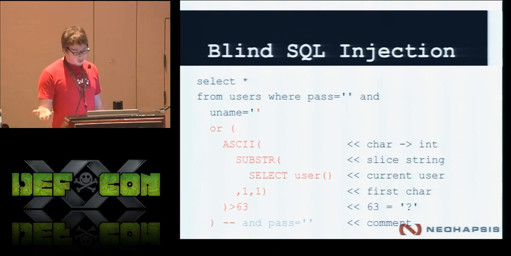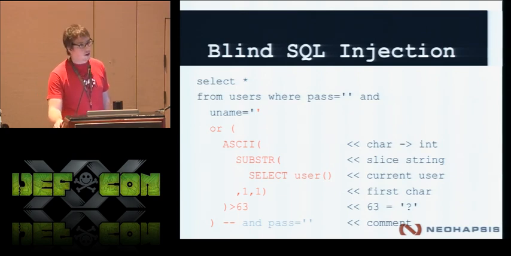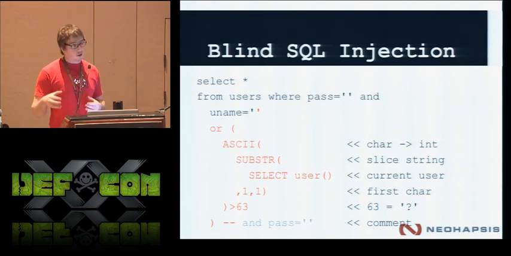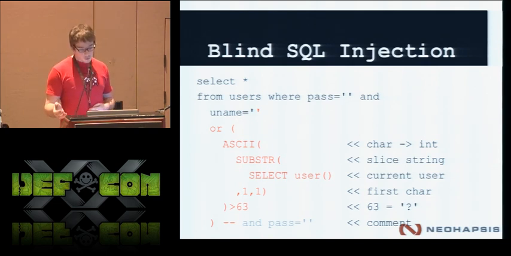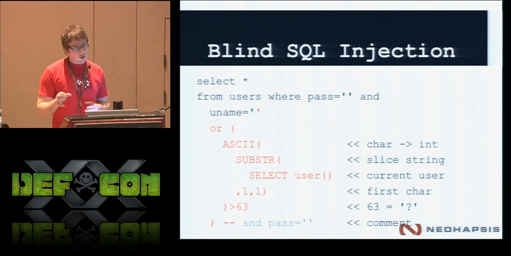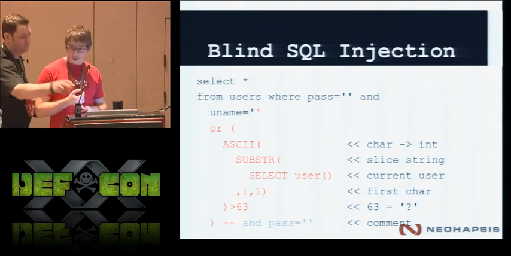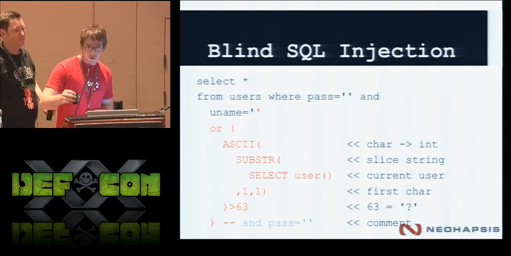If that happens to be true, we're going to have some different interaction with maybe the response of the web server. So let's say we're doing a Boolean-based blind SQL injection, and based on the status code of the server, we might get a 404 if we do something that evaluates to true, or we get a 200 if we do something that evaluates to false, right? So that's the thing with blind SQL injection. We're keeping track of different objects of the HTTP request, things like the amount of time it takes for,